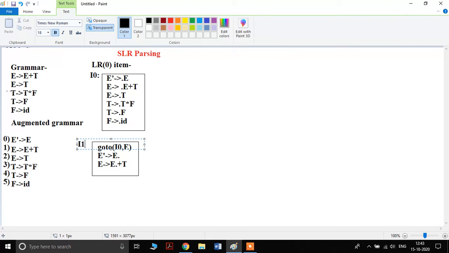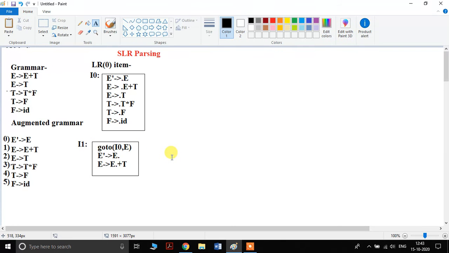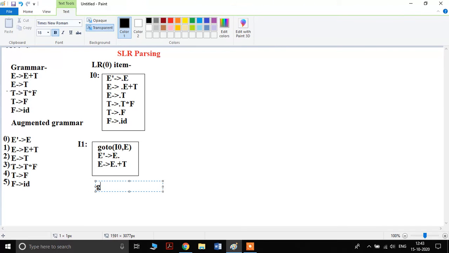After that we have to perform goto on I0. We have to take state I0 and T, so we write goto of I0 and T. What will happen?